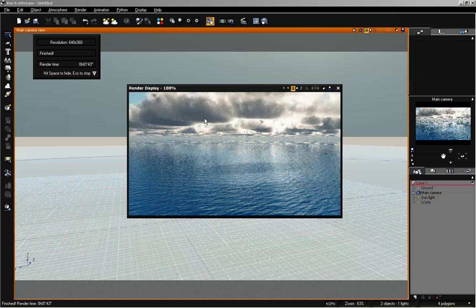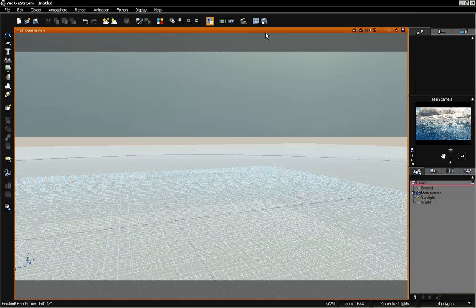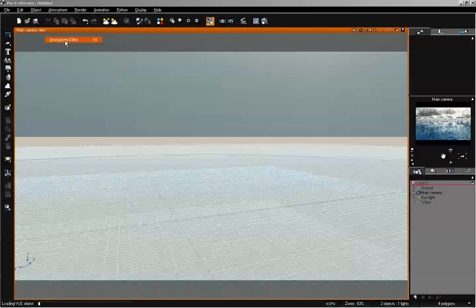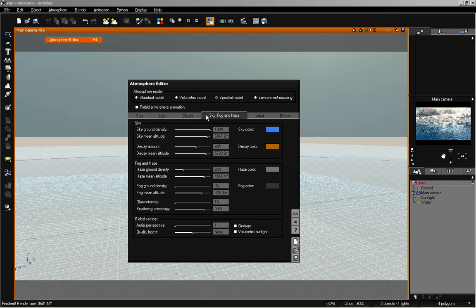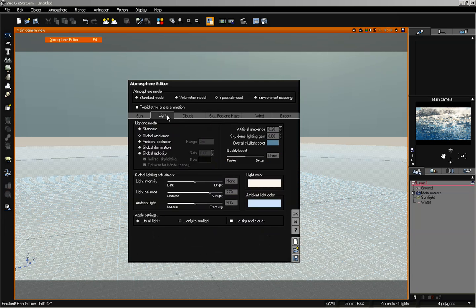So this is definitely something that looks really good. Of course, we would need to increase the effects quality of our atmosphere. And in order to do that, I can just go ahead and close out this render and go to the atmosphere editor. And under light, we want to increase our quality boost to better, and that would give us a lot better look. And under the sky, fog, and haze global settings, we would increase our quality boost all the way, and that will give us the best looking effect